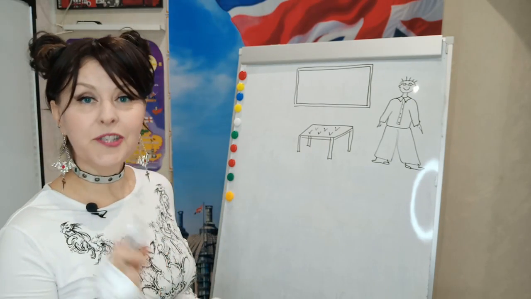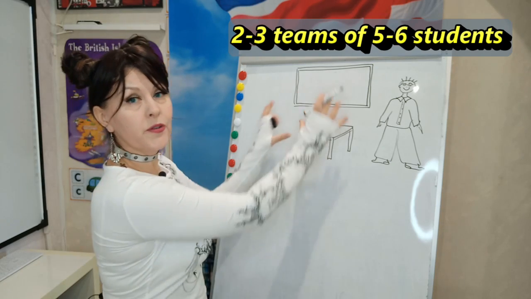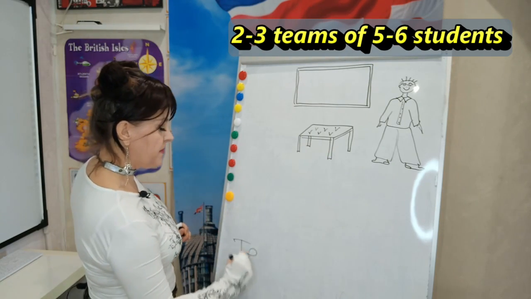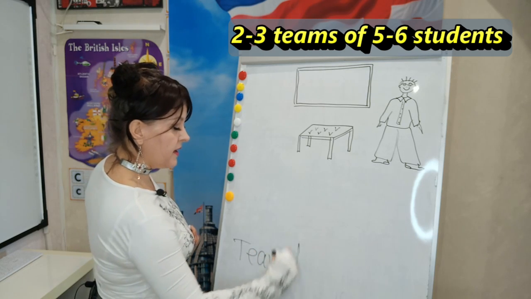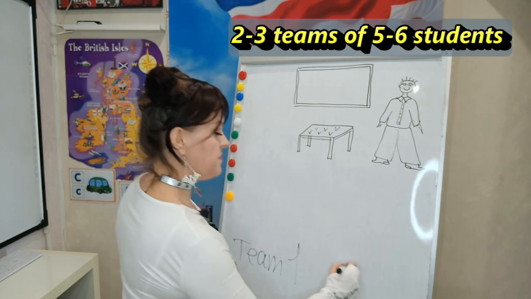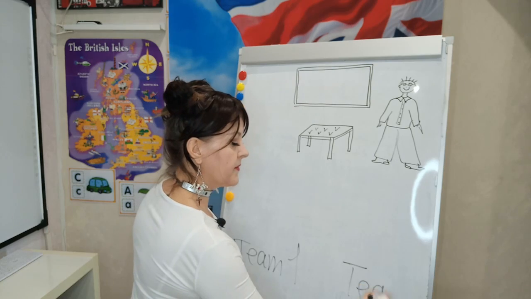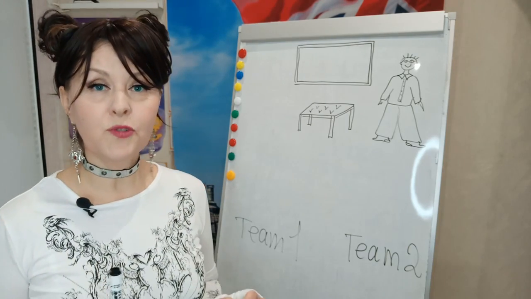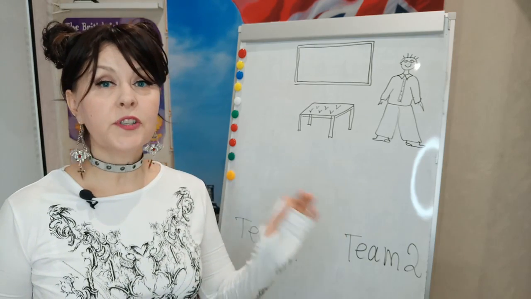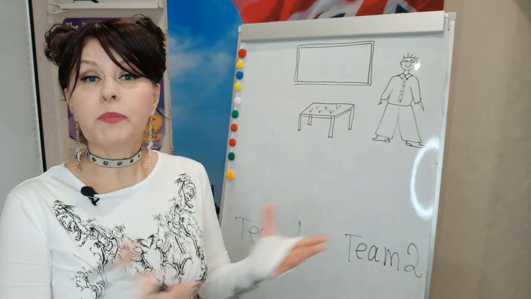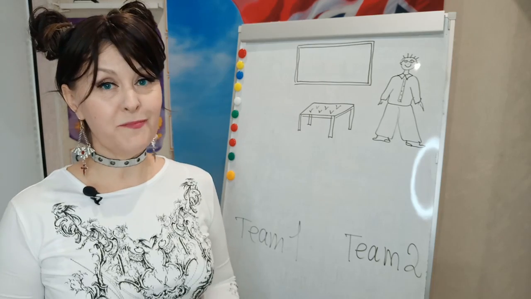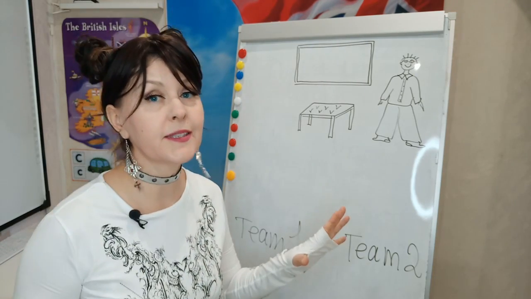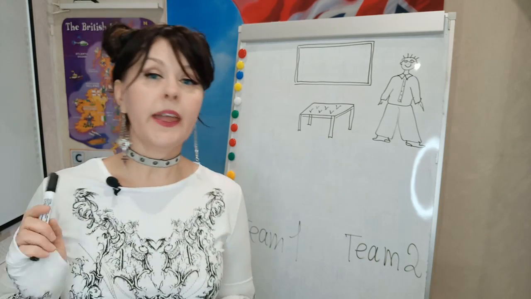Divide your students into teams and ask them to go to the other end of the classroom, but separately. For example, Team 1 in one corner of the classroom and Team 2 here. Ask every team to choose a runner for the first round of the game and explain the rules, which are pretty simple. Students will work in two teams, transforming the sentences written on pieces of paper in a given period